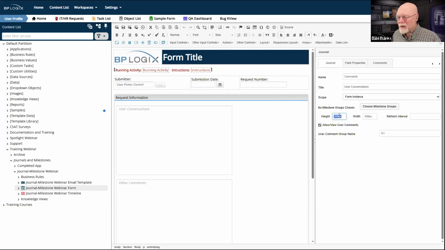The 300 pixels seems a little bit limiting. You want it to be tall enough to be useful and to show you enough of a conversation to follow without having to constantly scroll. So I kind of like a bigger height for the control, like 500, not 5,000, 500. The width gets a little trickier here. Setting the width in pixels, I mean, unless you want a smaller control, is not what I would recommend.